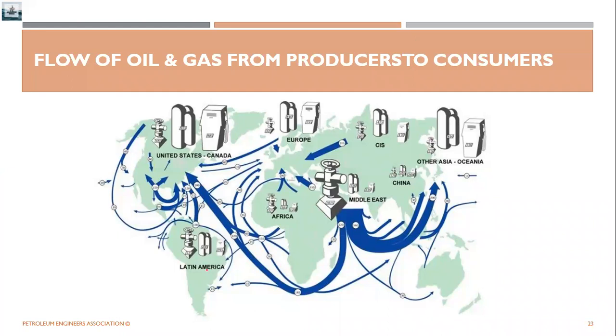This particular image is showing us certain pathways, right? These pathways are the transportation pathways through which oil and gas is being transported. Oil from the Middle East goes all the way to the United States. It can be exported all the way towards China as well, India as well, right, towards South America as well. So depending upon the relations the nations have, there is good transportation going on.